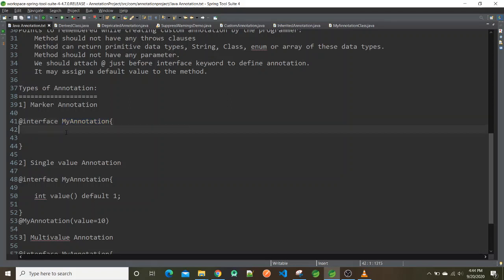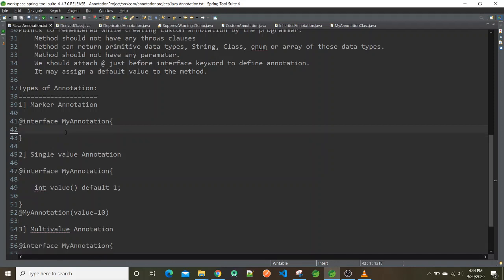For example, @Deprecated and @Override are examples of marker annotations.